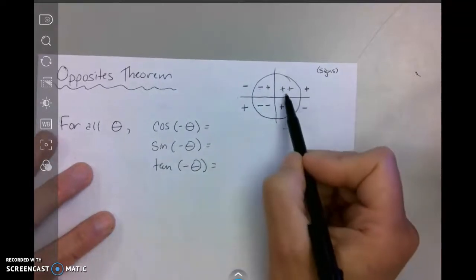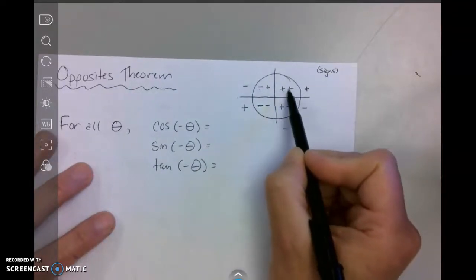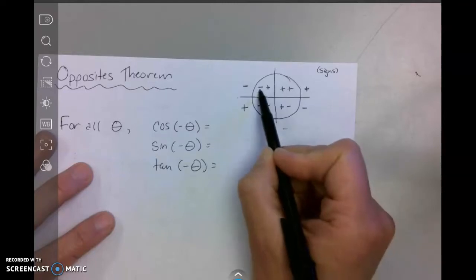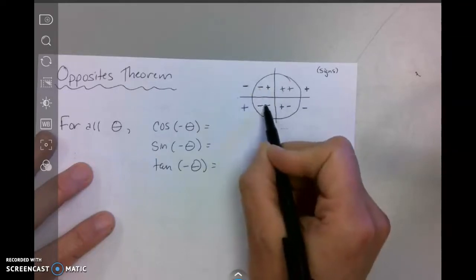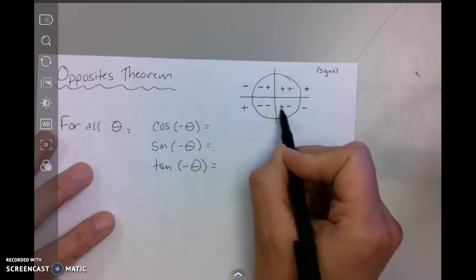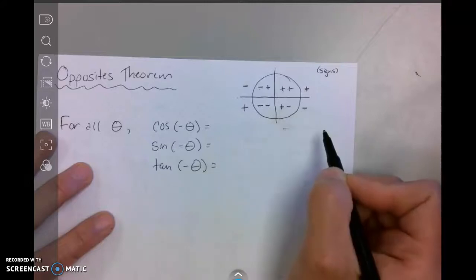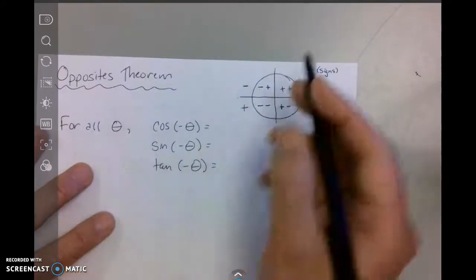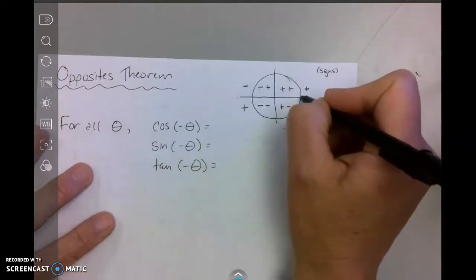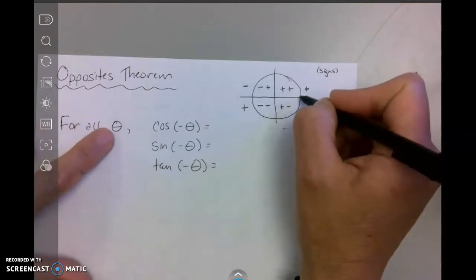So realize that these stand for cosine, sine, tangent, because it's x and y. Cosine, sine, tangent. So, for all theta, we usually assume that theta is in the first quadrant,